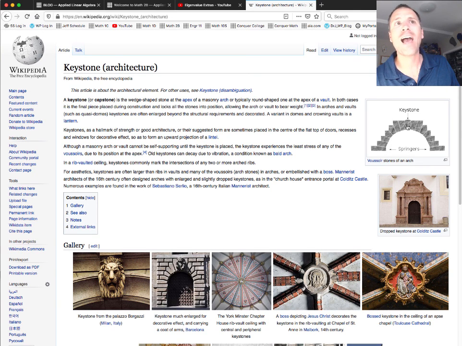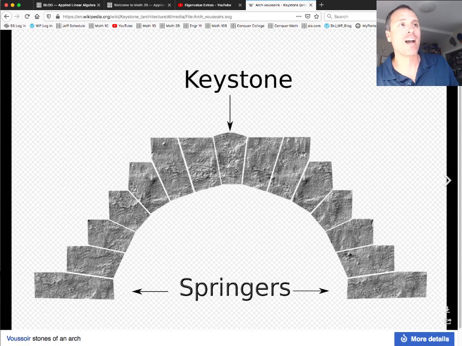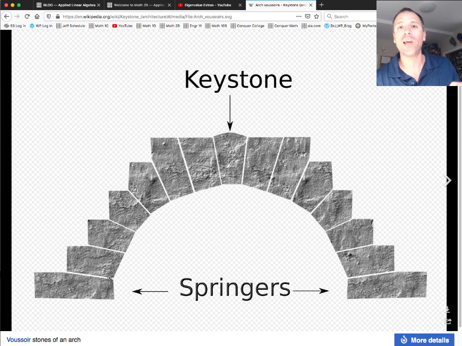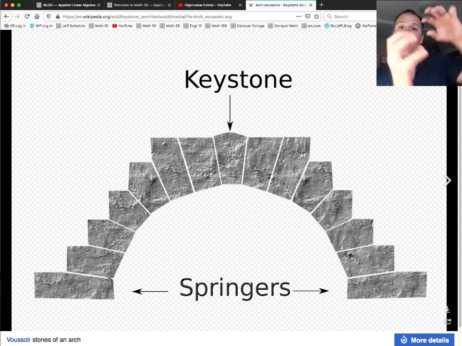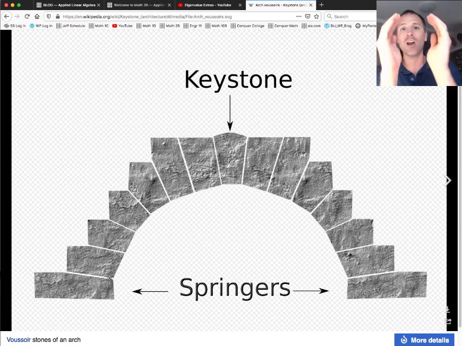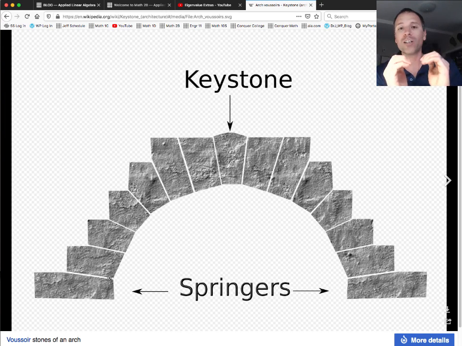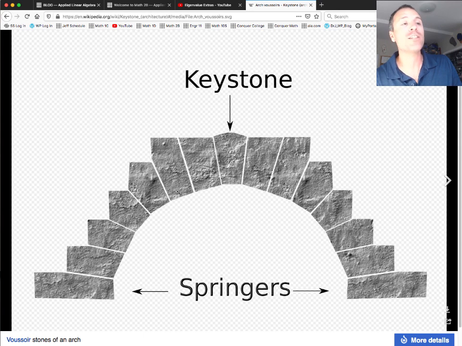So if you didn't have that keystone in the actual arch, the entire thing would fall down because the stones themselves are cut in such a way that all of the stones kind of line up, and then when you put this keystone in, the arch supports itself. It won't fall over. And in that way, the keystone allows this to be a gateway, allows this arch to stand up and let stuff pass through it.